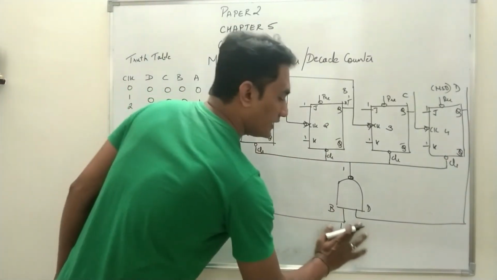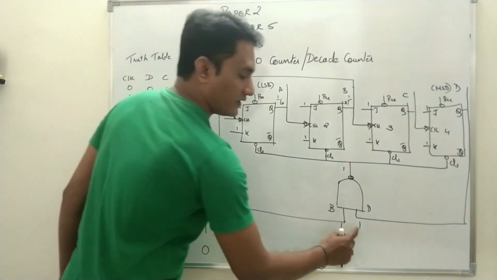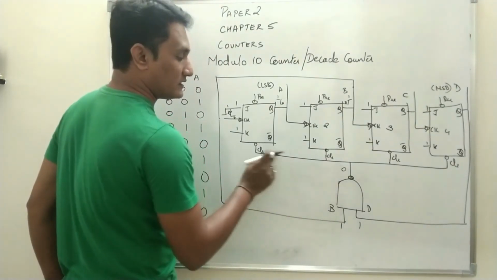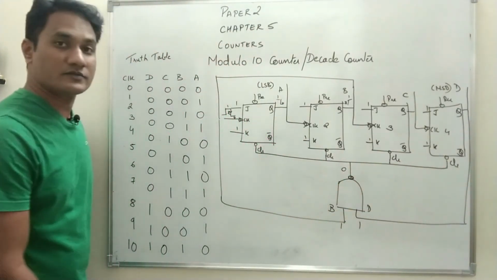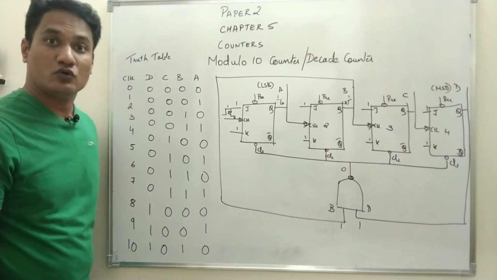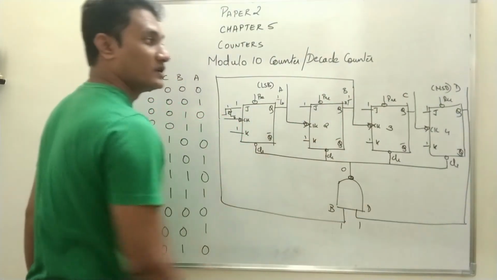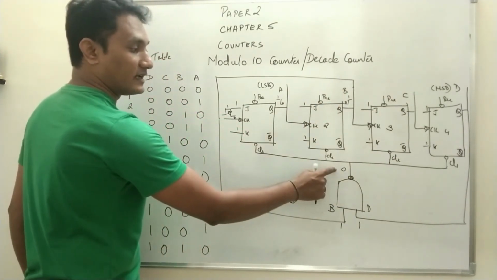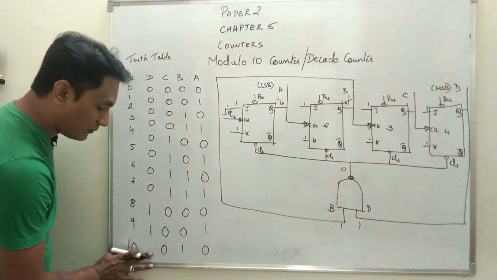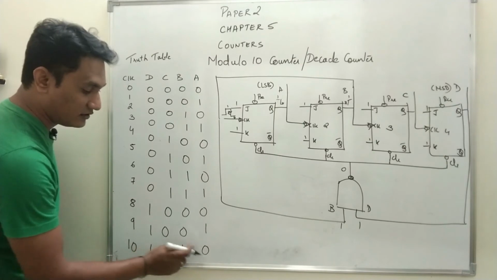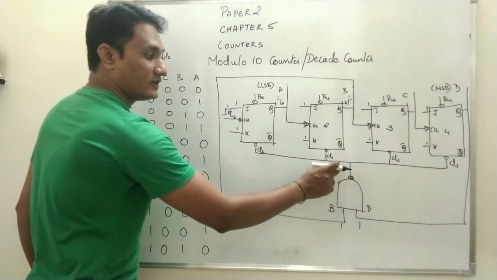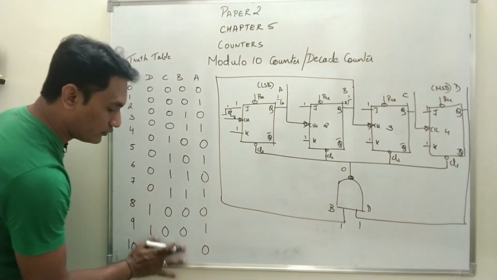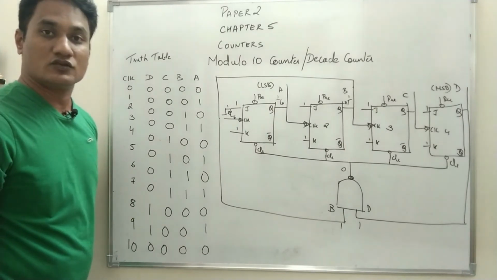So when both the inputs become 1, what is this? Multiplication of 1 into 1 will be 1, inverse 0. As soon as this output of the NAND gate is 0, it is given to the clear terminal of all the flip-flops, and the clear terminal is used to reset all the Q outputs. So all the Q outputs, meaning A, B, C, D, will be reset as soon as the clear terminal is activated. So at the end of the 10th clock pulse, of course the count will become 1 0 1 0, but as soon as the NAND gate is activated, the output becomes 0, clear terminals are activated, and all the outputs will be reset, so that the output DCBA is 0 0 0 0.